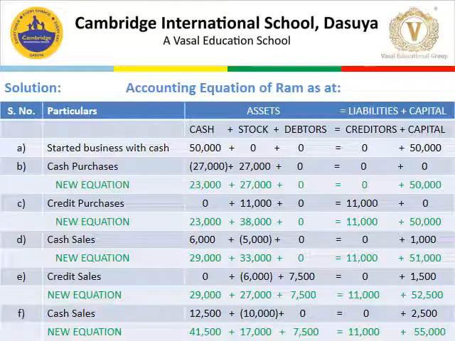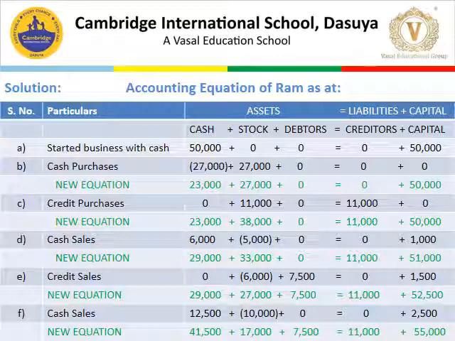Next is cash sale. Goods worth rupees 10,000 sold for 12,500. So there is a profit of 2,500. We will add 12,500 in the cash, deduct rupees 10,000 from the stock, and the 2,500 profit will be added back to the capital. So the final equation would become: new cash, that is 41,500, stock 17,000, debtors 7,500,